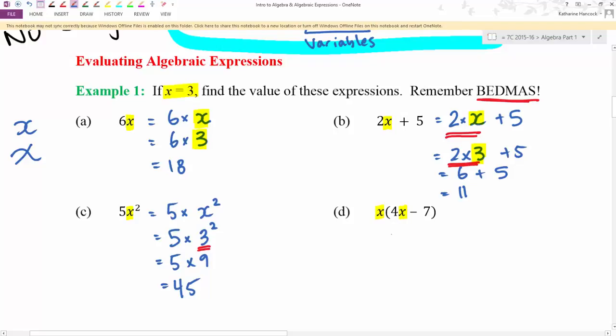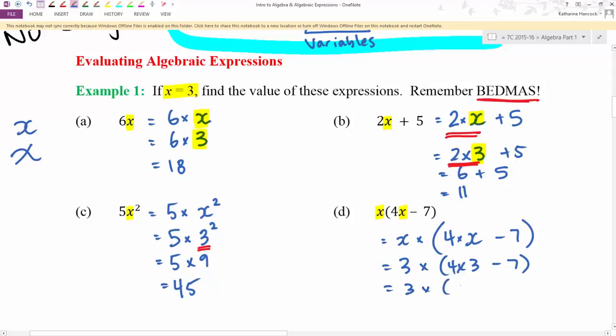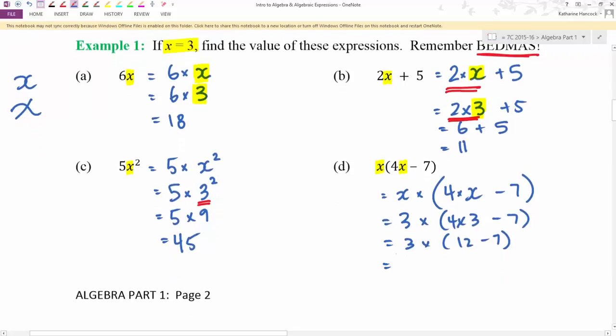Okay, for part D, I'm going to rewrite it again. So x times bracket 4 times x minus 7. So substituting in, I'll have x is 3. So 3 times 4 times 3 inside the brackets minus 7. So that'll be 3 times 12 minus 7. Have to do the brackets first. So that gives me 3 times 5